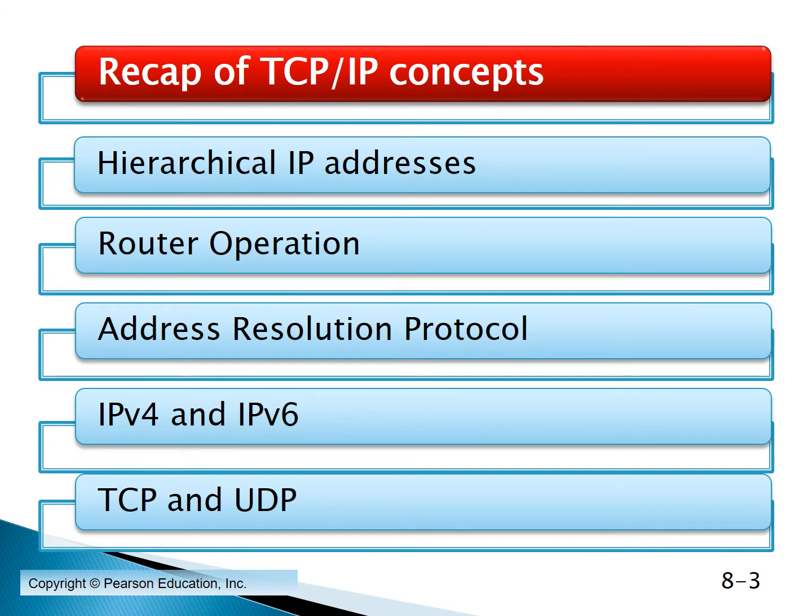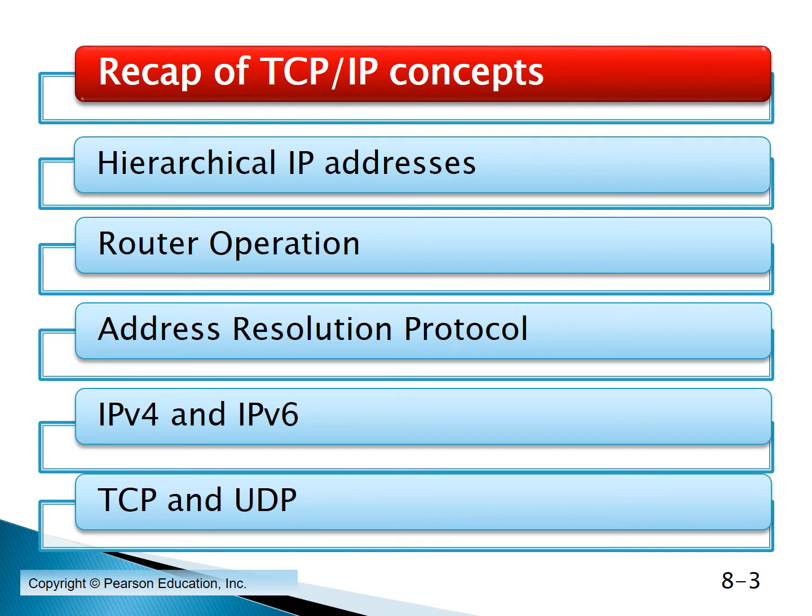So we'll first have a quick recap of the TCP/IP concepts, and then we'll look at the IP address, and also we'll look at how the hierarchy of IP addresses can be seen in the address. And then we'll look at how routers operate in the networking, and then we'll look at the protocol called the address resolution protocol. And then we'll also look at the difference between IP version 4 and IP version 6. And finally, we'll talk about TCP and UDP again with a little bit more details than we did in previous